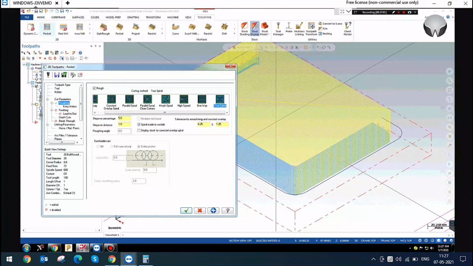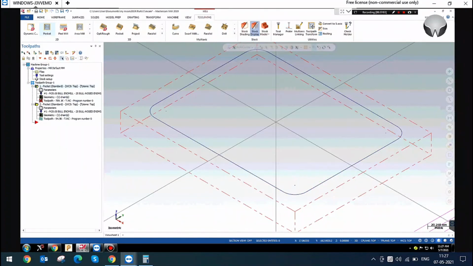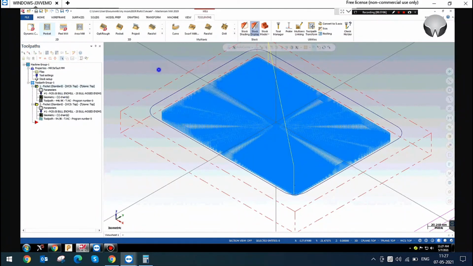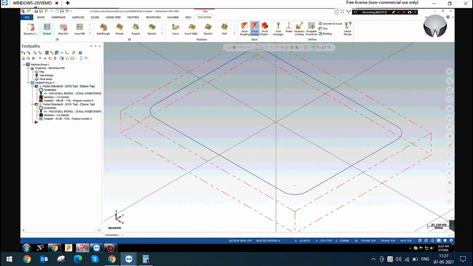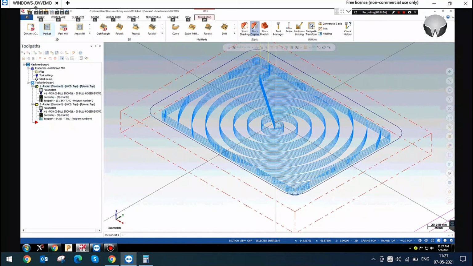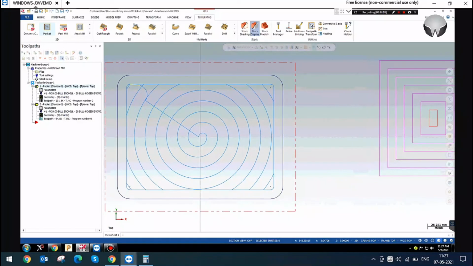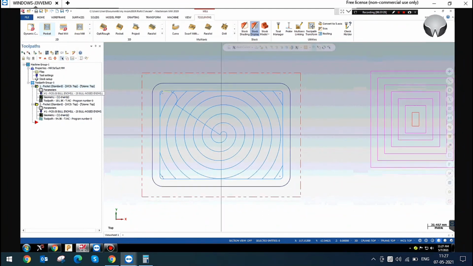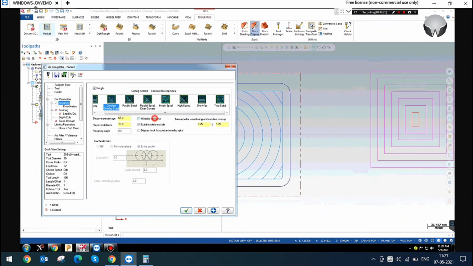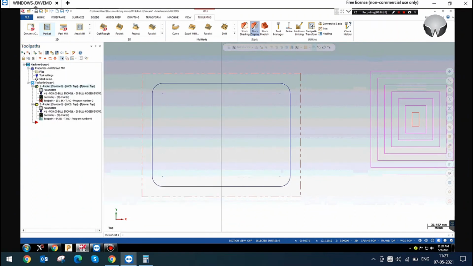And the next one, if you have a cylindrical or round profile, you can create a true spiral option. Just give the percentage value. You can see this one. It creates a spiral method. Okay. So these are the cutting methods you can use, and the minimize tool burial option.